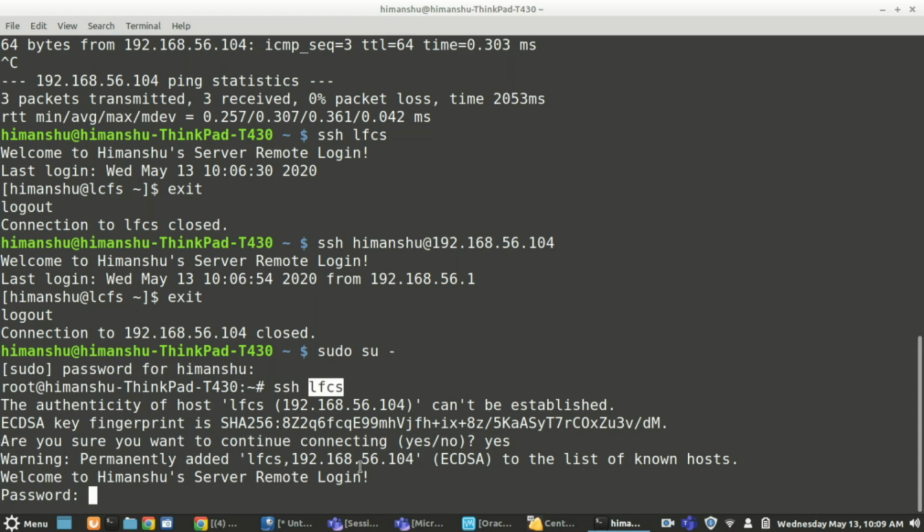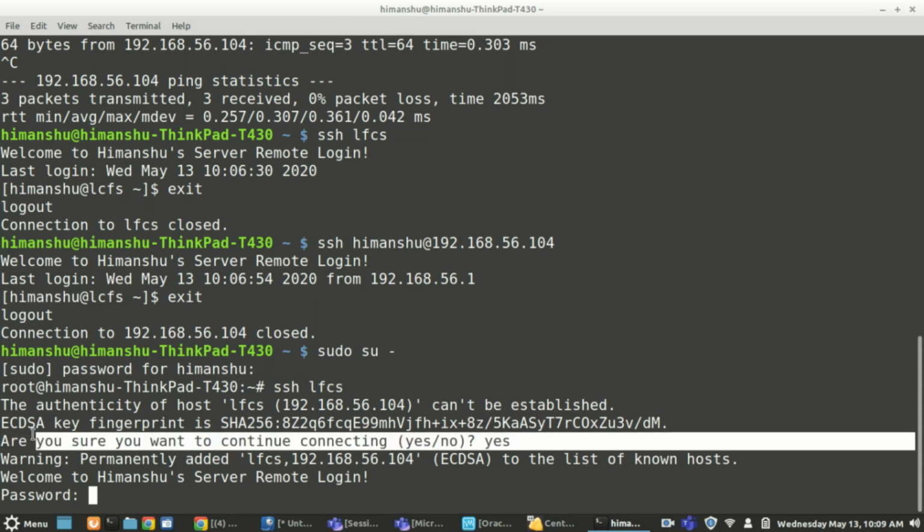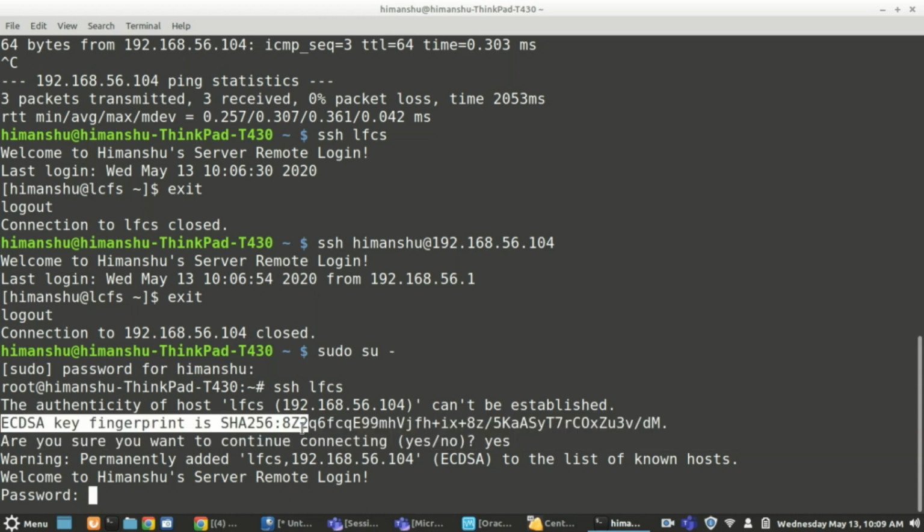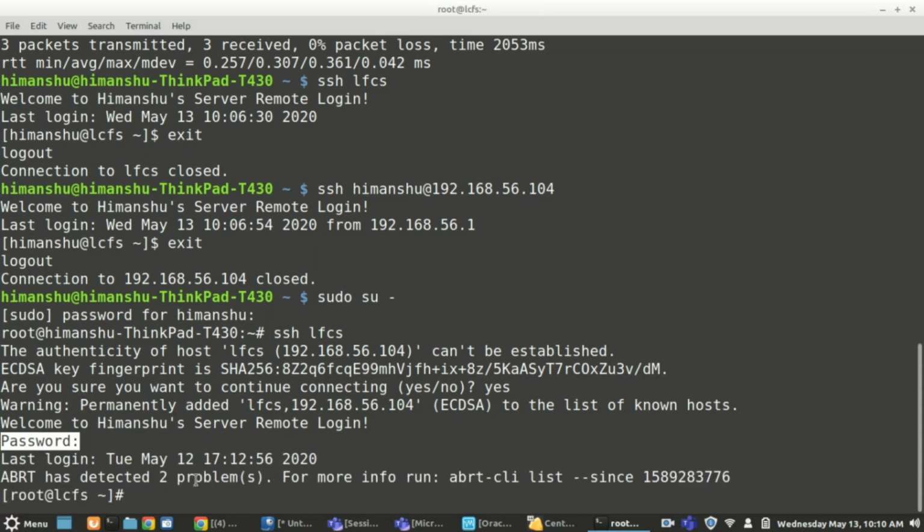So what it is doing, it is asking whether you want to verify this is a known system. Once it is a known system, it will add it to the list of known hosts, and then it also will ask for a password because I have not saved the key. Either you can use the keys, like in your AWS instance where you use a key and don't have to give passwords, or you can use the password. So here I have to give a password to connect to the root system. So it is connected to the root system here.